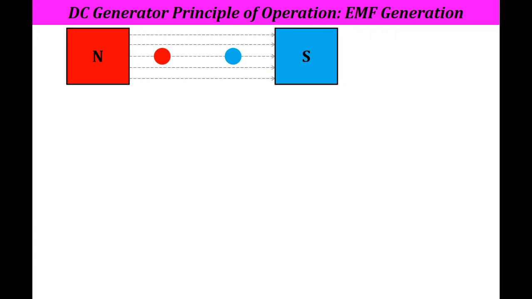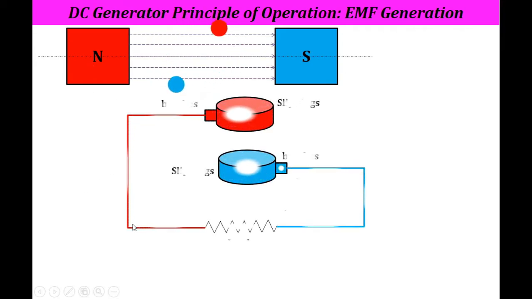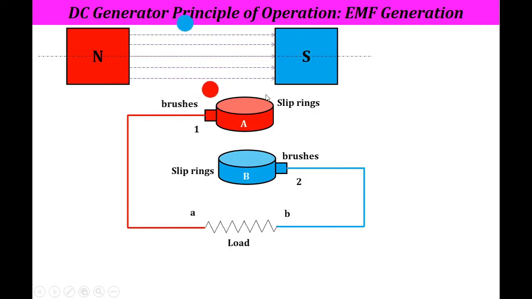So now you will observe that again, these are the conductors which are placed in the north and south pole. So now let's discuss what this arrangement is. This is a slip ring. In the construction also we discussed the role of a commutator. The commutator will convert that AC into DC. But how it converts that AC into DC, let's discuss now. Now, this is the first portion of the slip ring, that is A, which is connected to brush 1. This is a wire which is connected to a load AB. This is a blue color wire which is connected to brush 2, and this is part B or the second part of the slip ring.